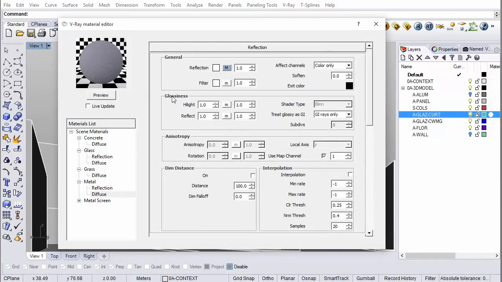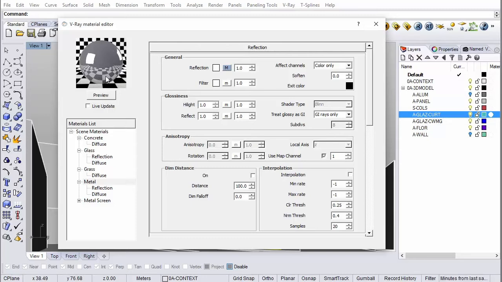Oh, so I tried to update this, but because the update only shows the layer I've clicked, I can't see any of the reflection layer. When I click metal, the parent layer, the actual material, and I click preview, then it shows all of the layers. So now that's showing reflection happening all over, which is kind of what we want. But there's one more thing that we want to add, which is the glossiness.